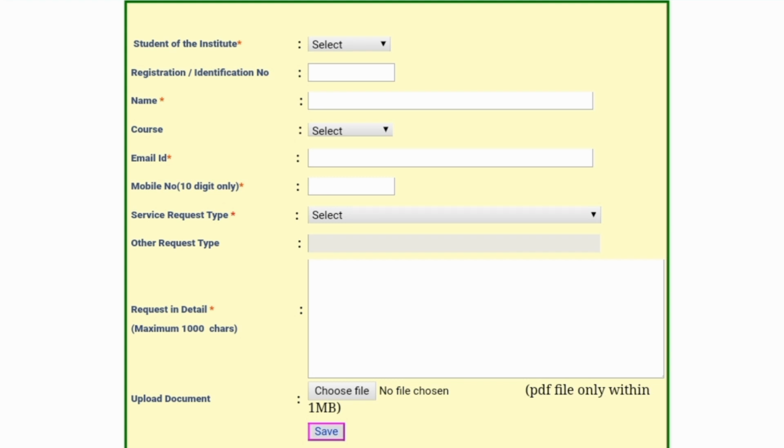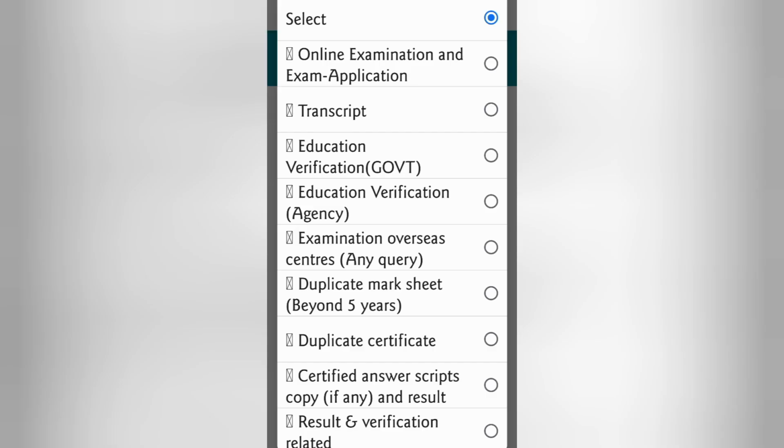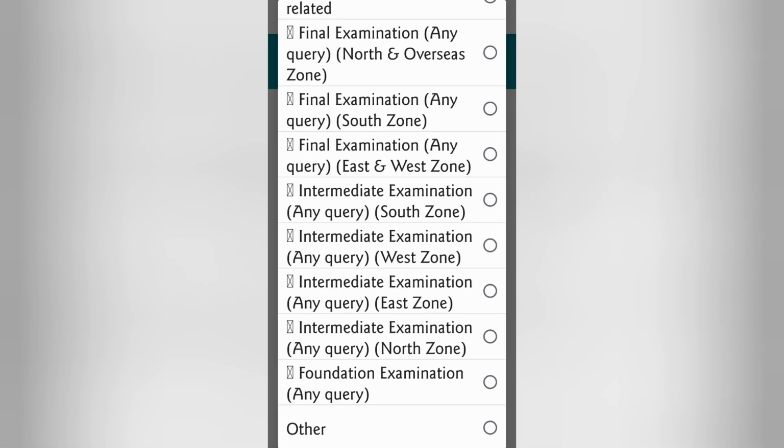The student has to select that you are a CMA student, and also enter registration number, name, course, email ID, mobile number. You have to select the service request type, whether you are having an online examination form, duplicate certificate, result, or verification related issue. You are seeing it in this list. You can select any of them. The list is showing final examination, foundation, intermediate. You can ask the query relating to them,